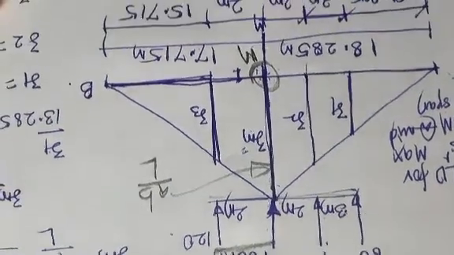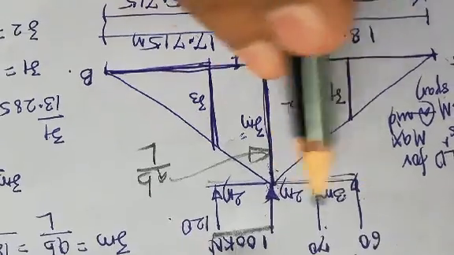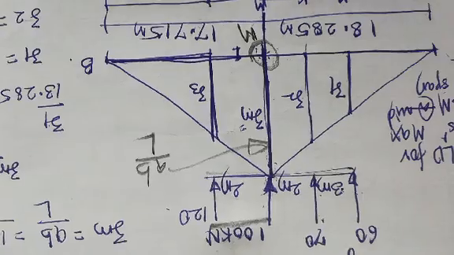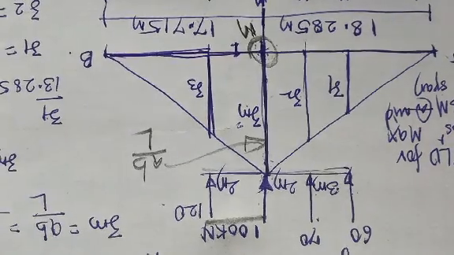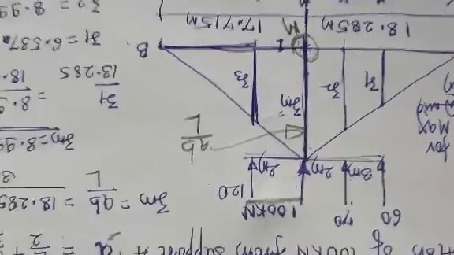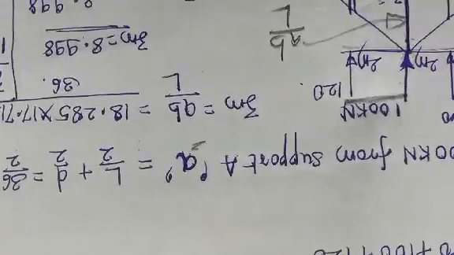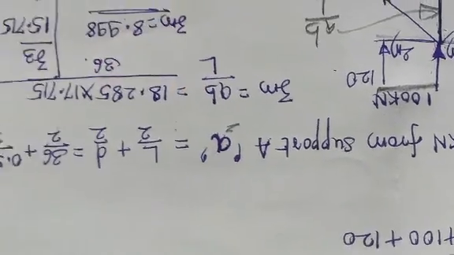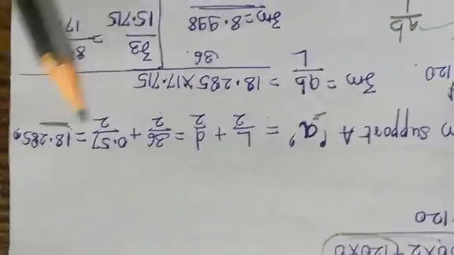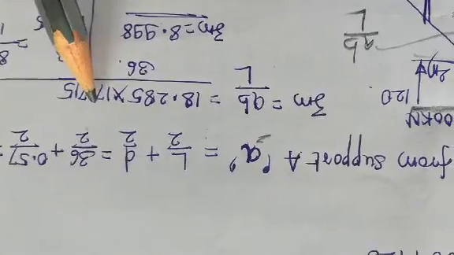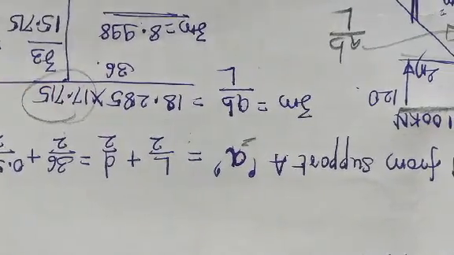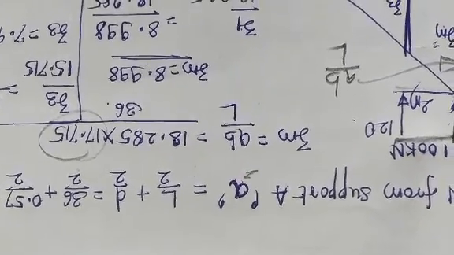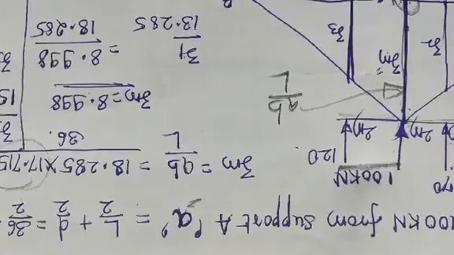For other loads you can name it as Z1, Z2 and Z3. Once you have this, calculate the values of the ordinates for Zm, Z2 and Z3. Zm is given by AB divided by L. So A is nothing but this distance. So the remaining distance is what? L minus A, that is 36 minus 18.285, you will get 17.715 divided by 36, you will get the value of Zm.